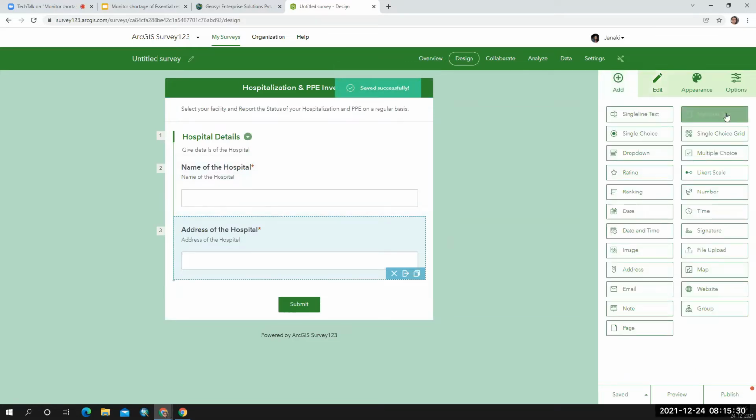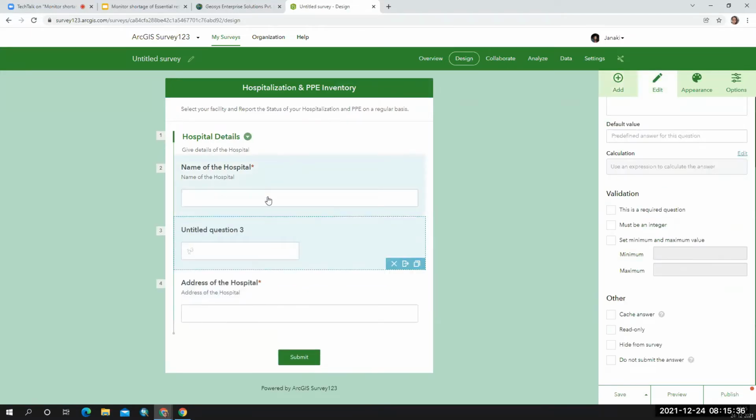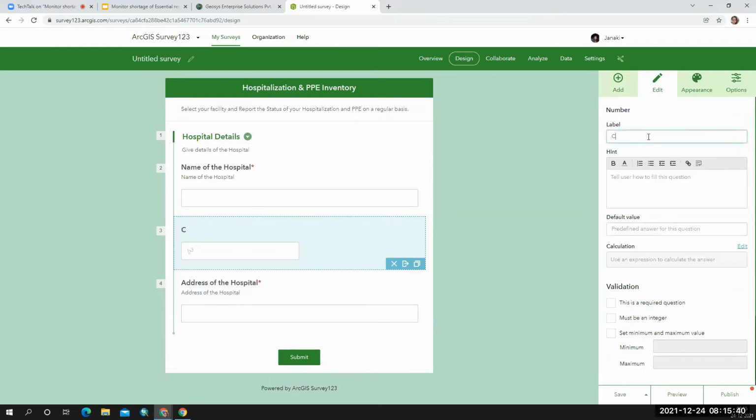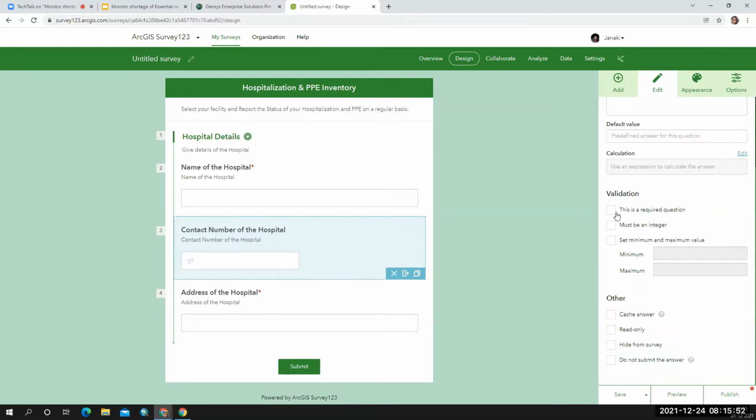And I want the contact number of the hospital so that I can reach immediately. Okay, so these are the basic hospital details which I have.